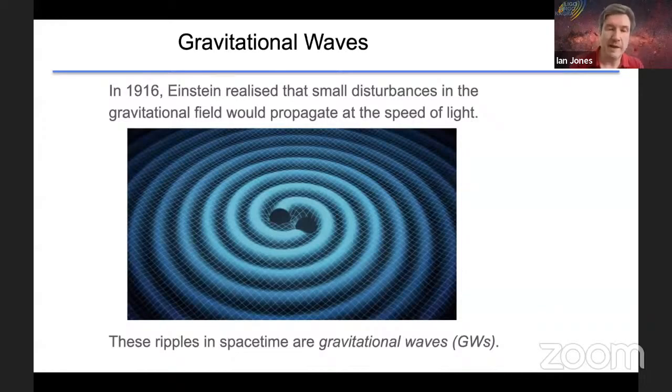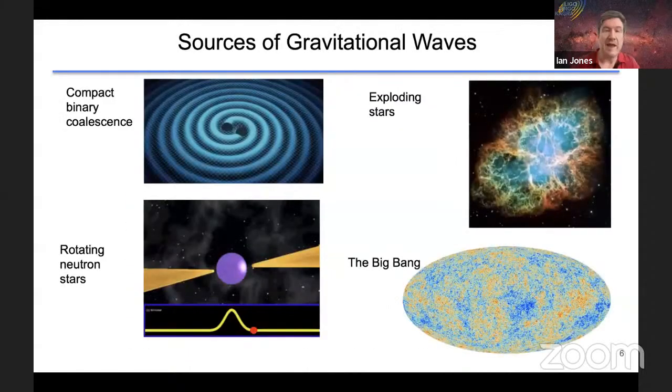Way back in 1916, Einstein, with his theory of general relativity, realized that when objects move around and their gravitational field changes, those little changes in the gravitational field themselves propagate as waves at the speed of light. That's what's shown on this picture here, two stars in orbit around one another, swirling out gravitational waves. If you put the numbers into Einstein's theory, you quickly realize that the strongest gravitational waves are produced by violent astronomical events. This slide shows the four classes that we often divide these sorts of things into.